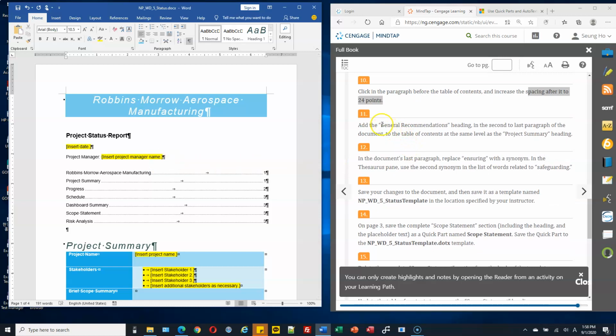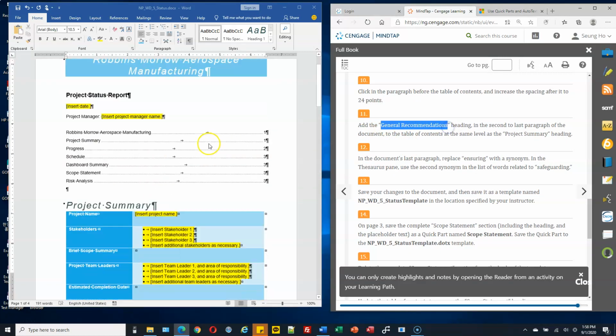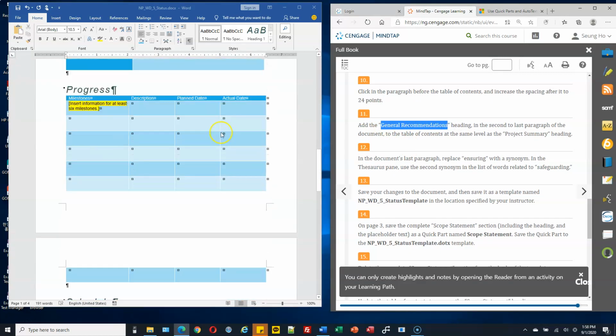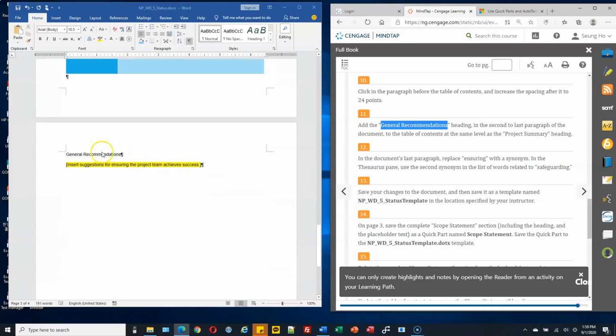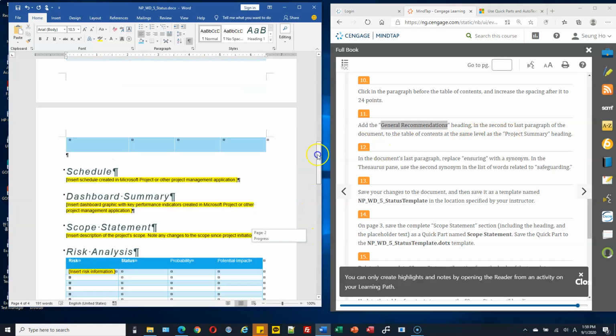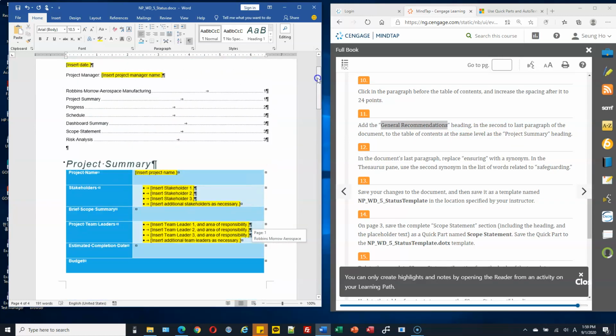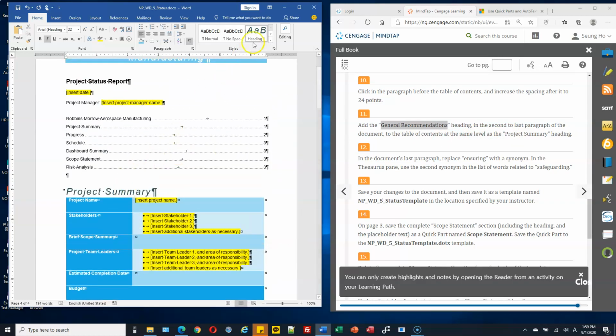Okay, add the general recommendations heading in the second to last paragraph. Here. Select the general recommendations heading, and this one should be heading 1 style, so we can add it to the table of contents, the same level as project summary. Project summary is heading 1 style, right?